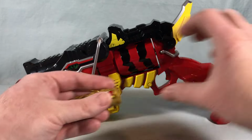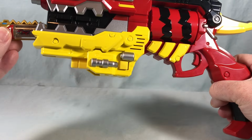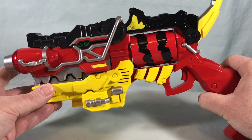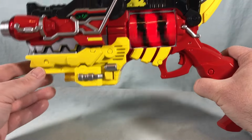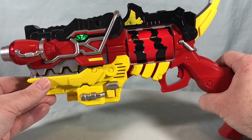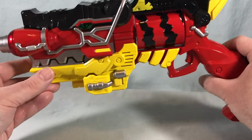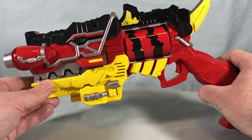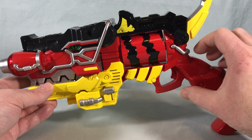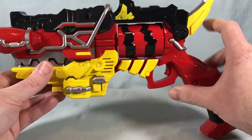So let's go ahead and first we'll do just a normal transformation. So we'll pop in our Gabutyra. I've noticed that I was playing with this before I started the review, obviously, and it feels like I can't switch out of the king mode, which is really strange. So let me try this again. And maybe he always talks in both modes, but I thought that was the main difference. So if you hit this...